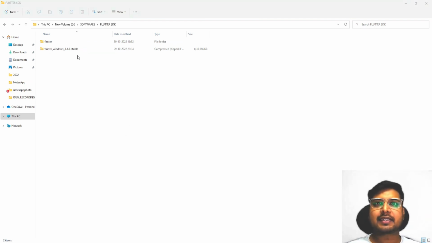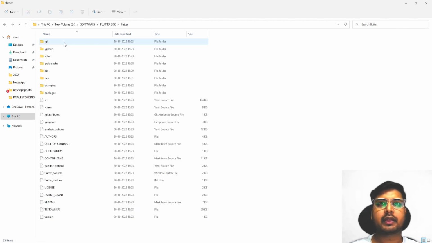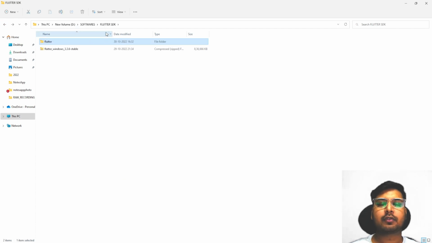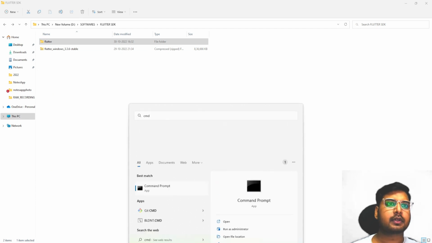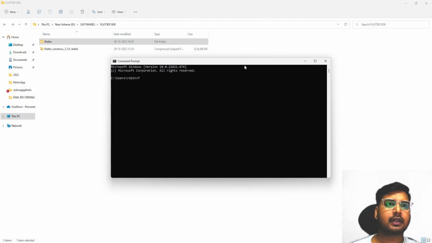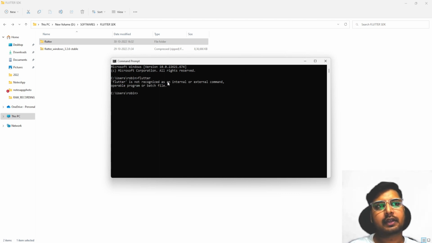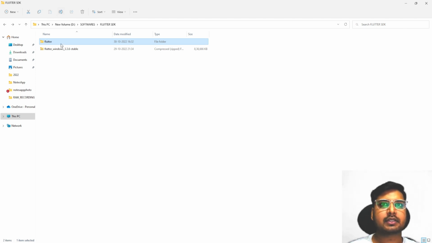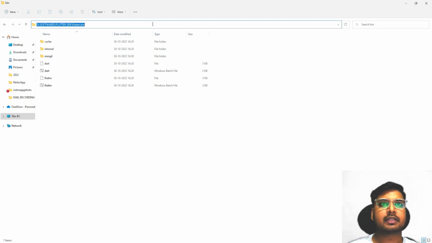So okay guys, we have extracted this Flutter SDK from the compressed folder, right? So we have put it here. This is our path for the Flutter SDK, right? After that, just open up a command prompt, and let me bring it on the screen. And if I just type a command called flutter, you see flutter is not recognized, right? Because we have not provided the path for this particular SDK. So for doing that, just go inside this Flutter folder and go to this bin folder, right? And just copy the path